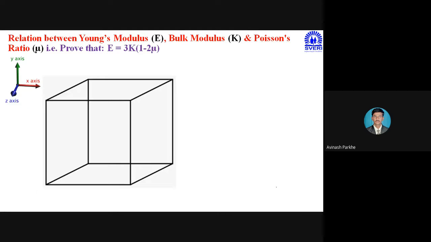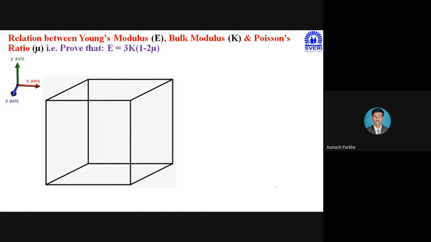Okay, now we will move to the next part, that is, this will be the last part of this particular chapter number 1. But first of all, we have to derive the derivations, and then we have to solve the numericals based on this particular part. In the last 4 to 5 lectures, we have discussed the Young's modulus. There are a total of 3 elastic constants. One is Young's modulus E, another is the modulus of rigidity G, or it is indicated by C, and the third one is the bulk modulus K.